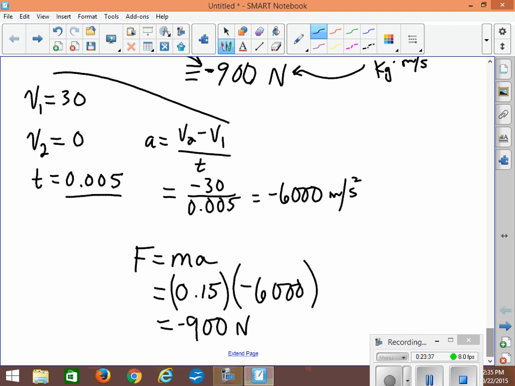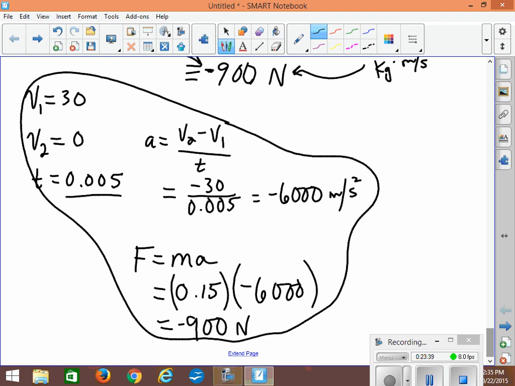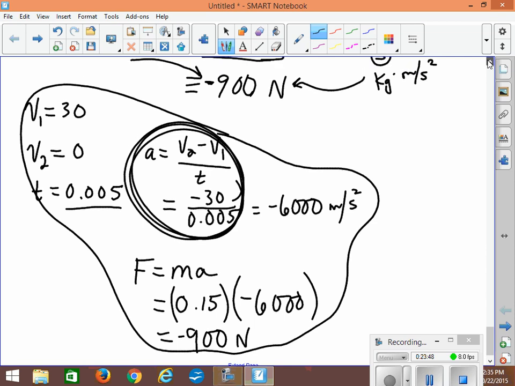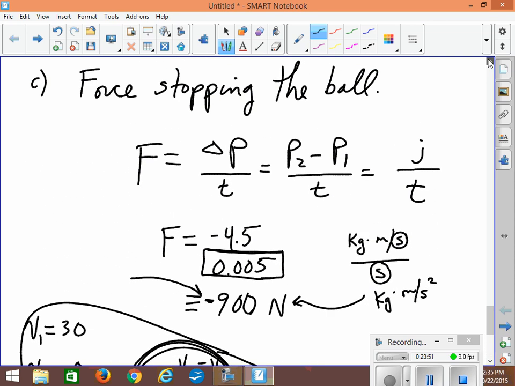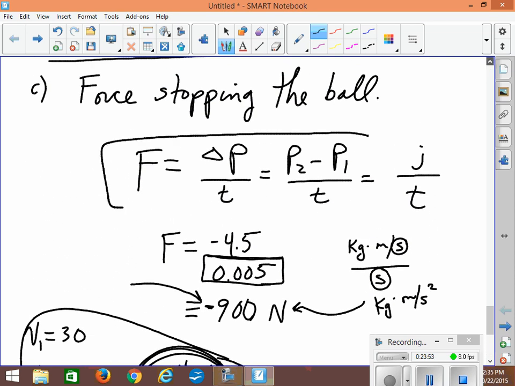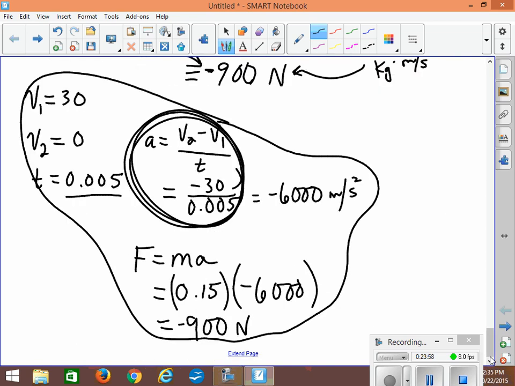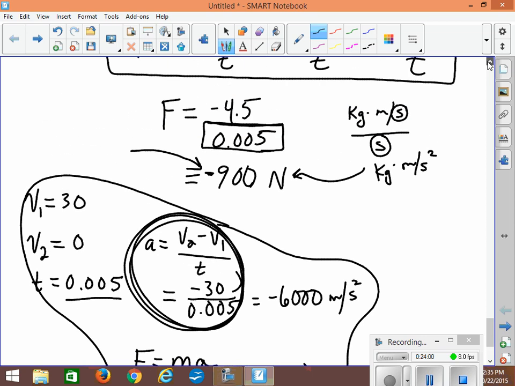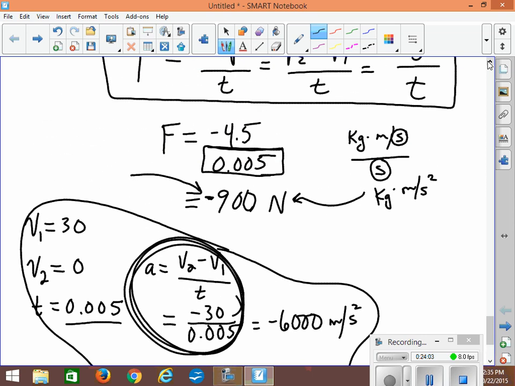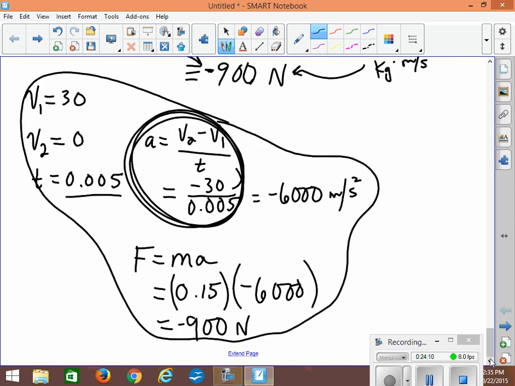So we can still use Newton's second law, but of course we didn't know what the acceleration was. We had to do this little bit of extra work here to figure it out. And if we use our new idea that force is the rate of change of momentum, we can cut ourselves down by one step and get the correct answer. So we haven't really learned something new. We've just learned a different way to express force, a different way to look at it. But it's really the same idea.